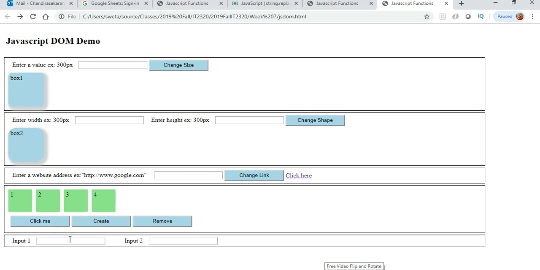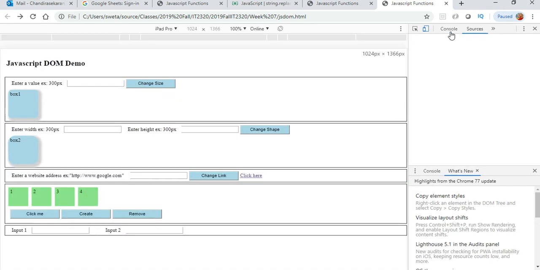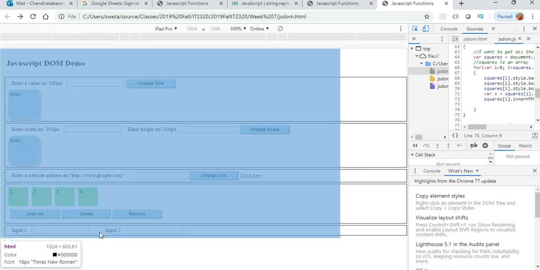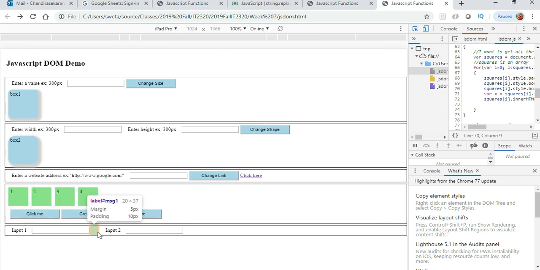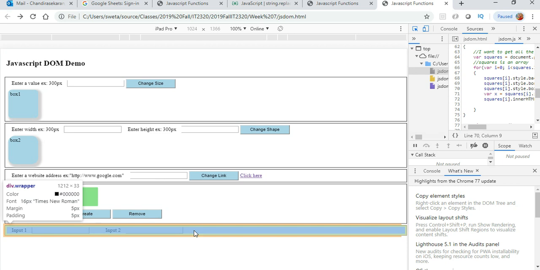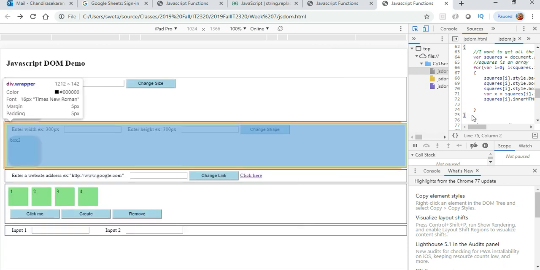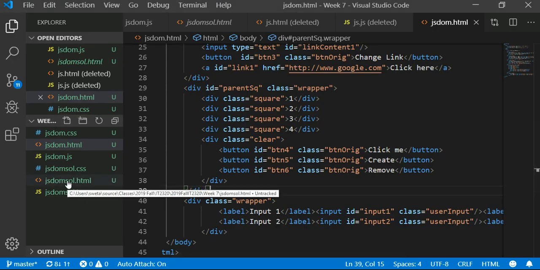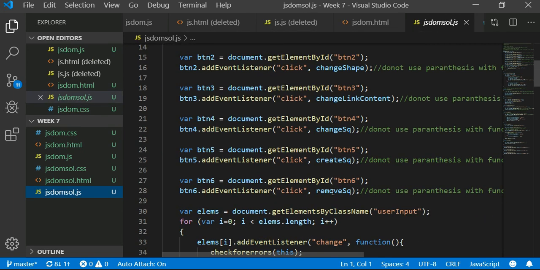So all I did was I added an input and another input here. So there's a label, there is an input, and then there is one more field here that you really cannot see. So see, there's another label here. So there is a label, input, and another label, input, another label. So that is what is there. So I just copied that. The other content I wanted to go over was